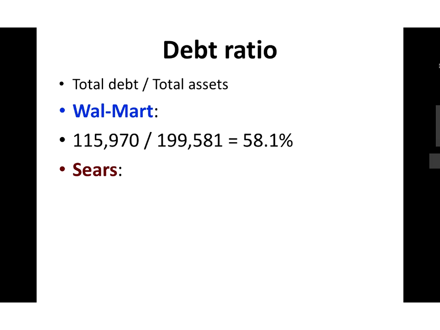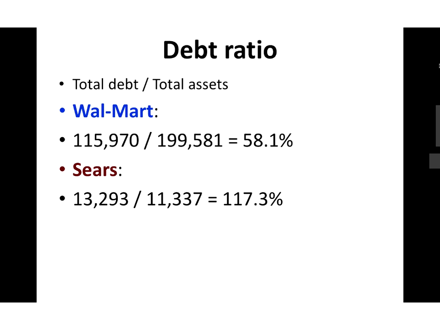So Sears, take their debt, divide by total assets. It's over 1. It's over 100%. What does that mean? Sears has more debt than assets. How does that happen? That happens because Sears has lost buckets and buckets of money. So Sears has more debt than it has of assets available to pay its debt, which is not a good